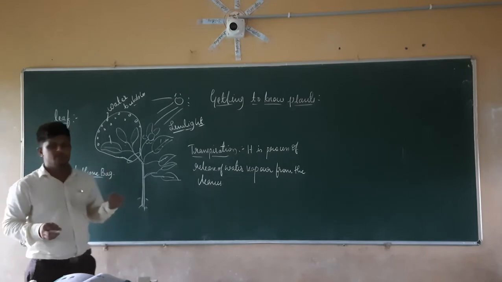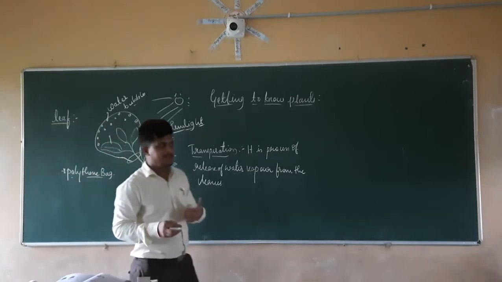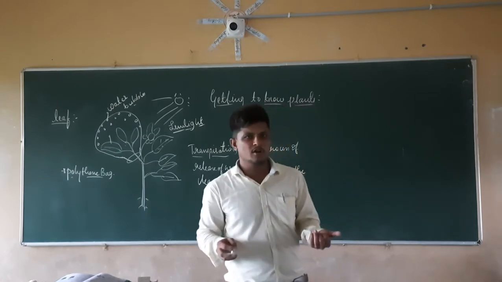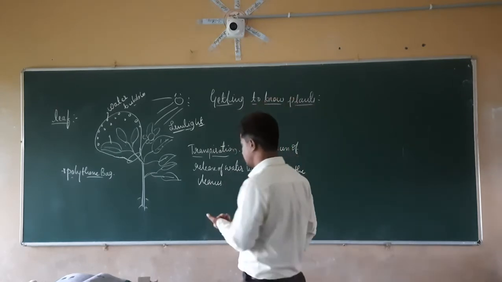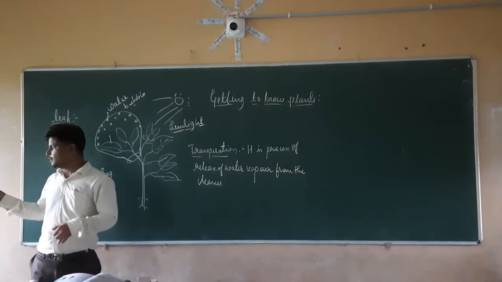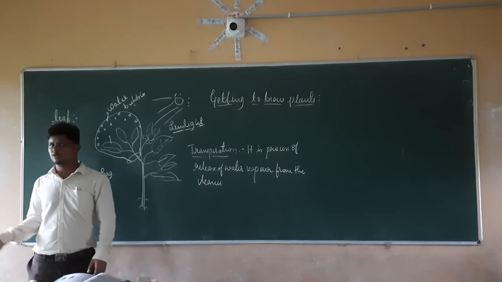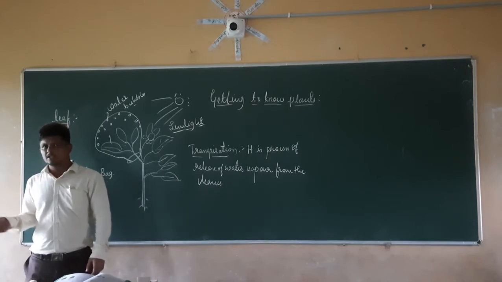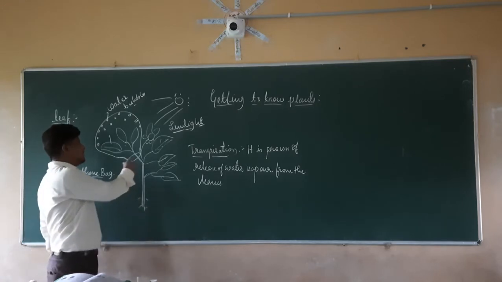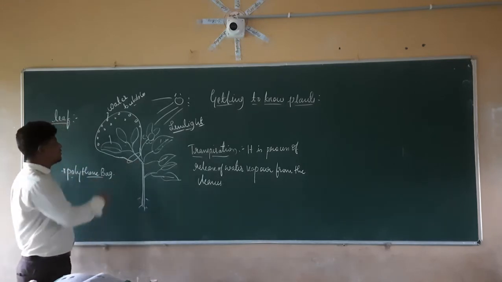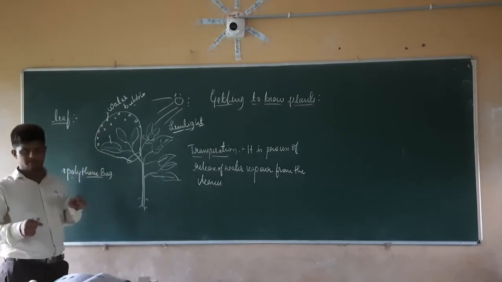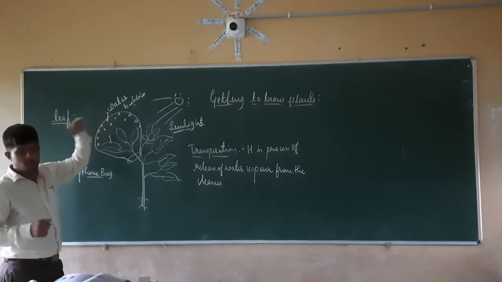Now you may ask the question, sir, why can't we see transpiration with bare or naked eyes? It is not possible to see the transpiration process in plants with the naked eye. Any plant is continuously doing transpiration, but the quantity of water released is very, very small, minute. If you put the polythene bag here, whatever water is released by the leaves of this plant is stored in this polythene bag.